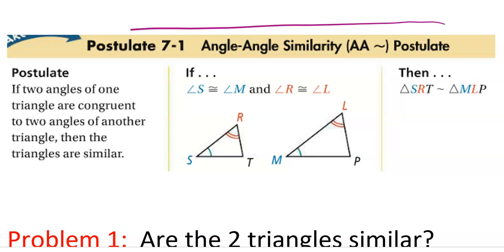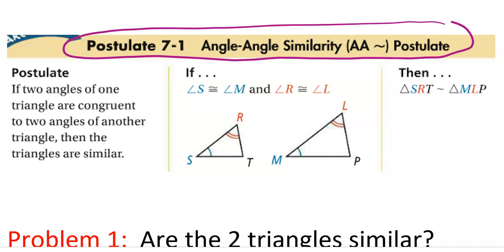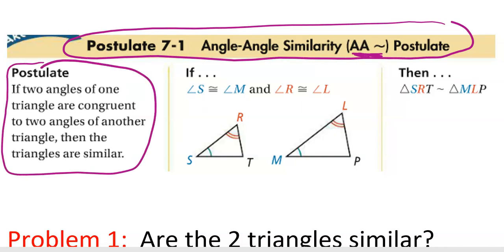Let's do the title. I usually use the part that's in the parentheses there. We know that the tilde refers to similarity, so AA similarity would be the angle-angle similarity postulate. And just do the words only, please. If two angles of one triangle are congruent to two angles of another triangle, then the triangles are similar. So it basically gives you what the theorem says in the title, because you have two angles the same, and